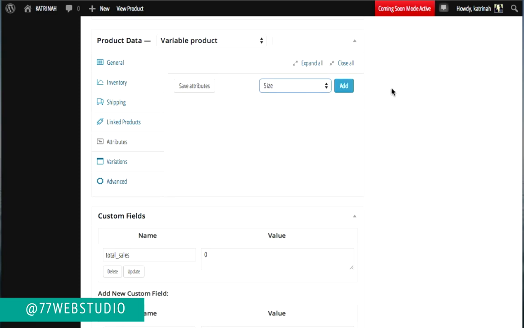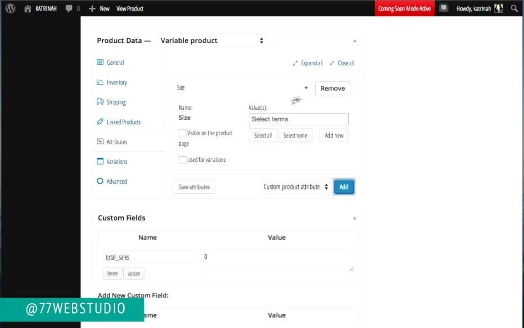And when I click on this, here we have the pre-created attribute that we just created in the previous step. So I'm going to click on that and then I'm going to click on Add. And then here we see all the different values that we need to select. It says Select Terms. When I click on this button though, Select All, then all of the pre-created values for this particular attribute will be populated in this box. So this is just a really quick way to save time across all your different products if many of your products share the same attribute and values.